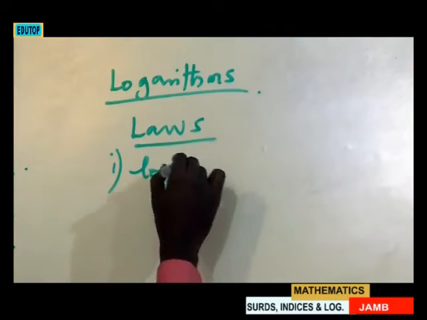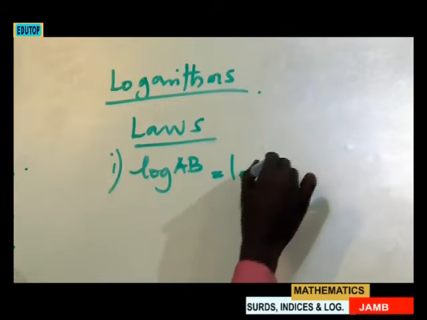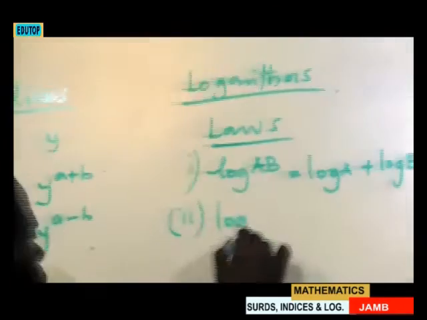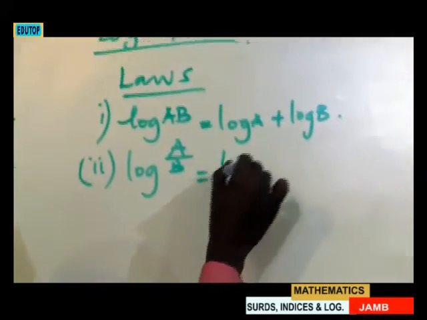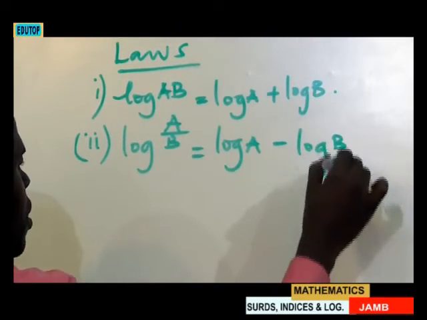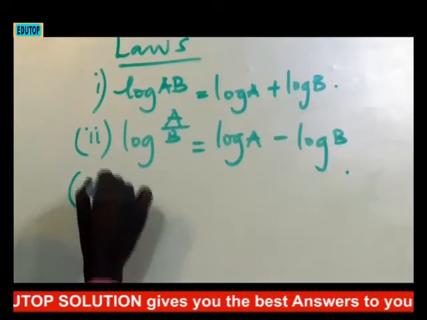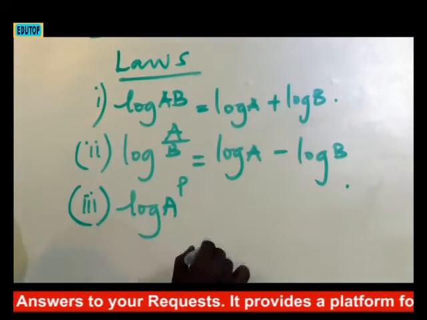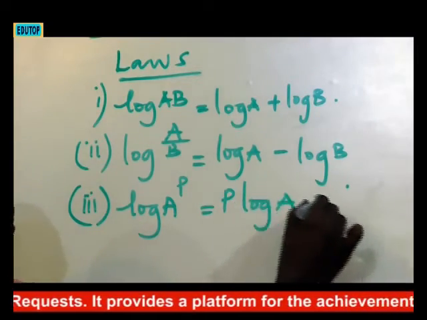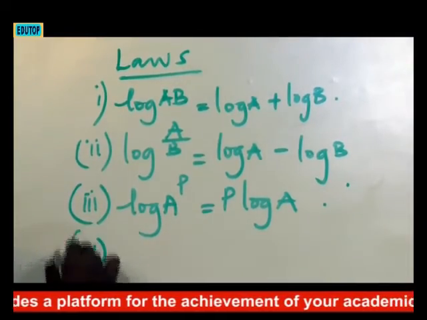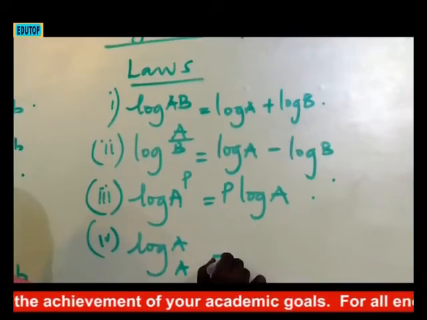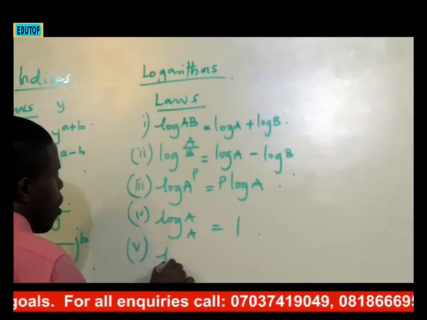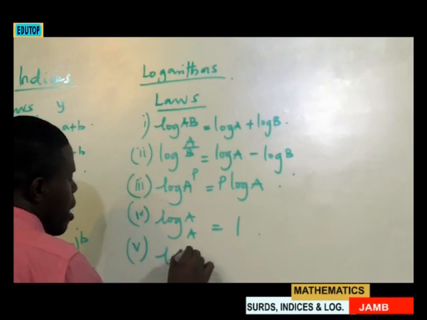log of AB is the same thing as log of A plus log of B. The second one states that log of A divided by B is the same thing as log of A minus log of B. Then the third law of logarithm states that log of A raised to power P, for example, is the same thing as P log A. Then the fourth one: log of the same base is equal to 1. Then we also have the fifth one stating that log of A B raised